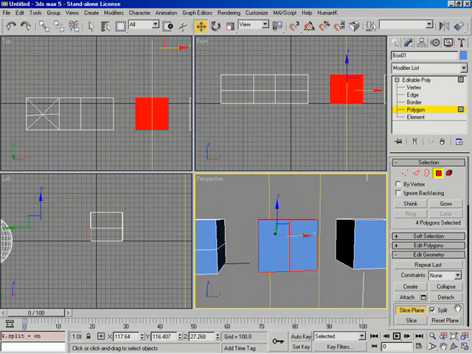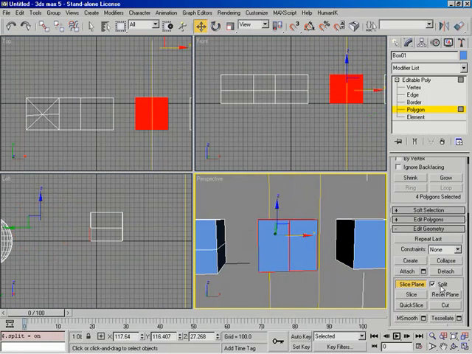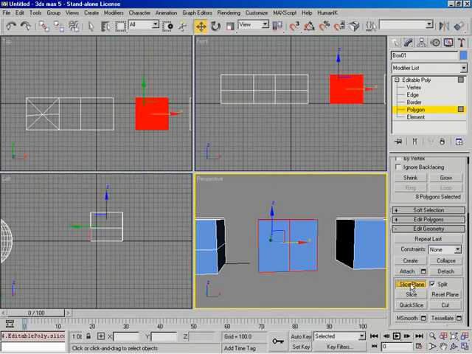What I want to do this time is turn split on. What split is going to do is actually, it's not just going to be a slice that's going to add the new detail in. It's going to be an actual split. So it's like it's going to add an extra vertex. Exactly. So each cut's going to have, or each edge that gets cut is going to have two vertices there. I gotcha. So with that in place, I'll come down here, click Slice, turn off the slice plane,